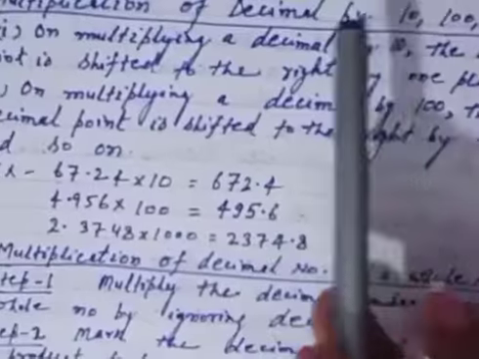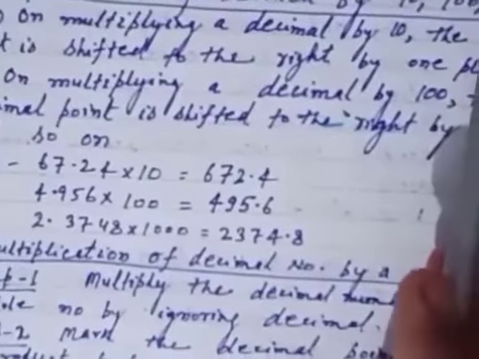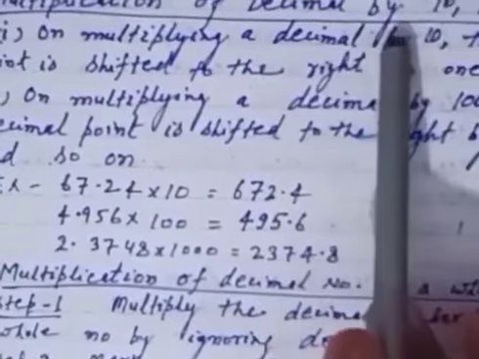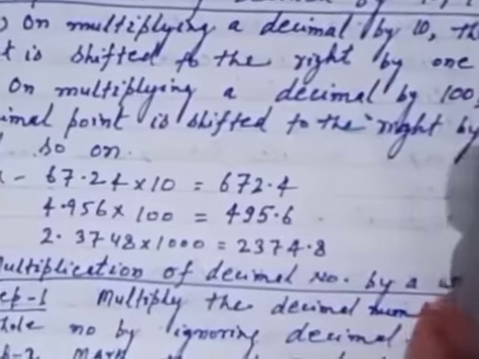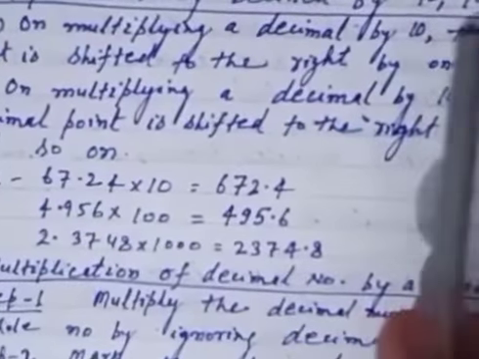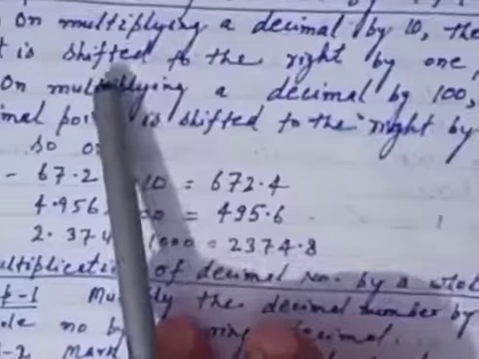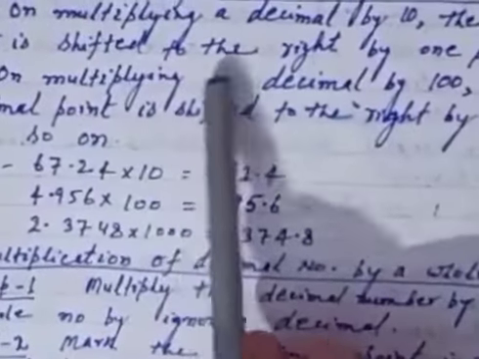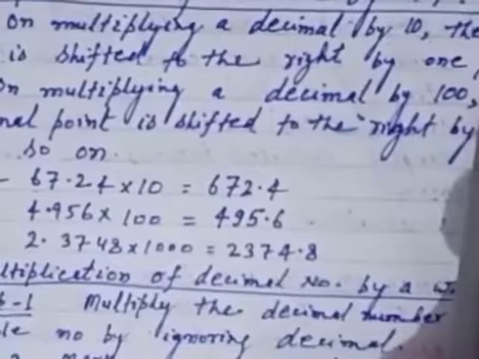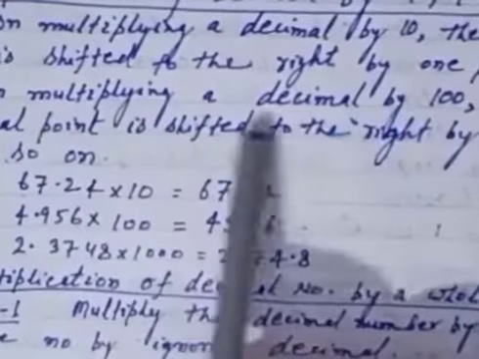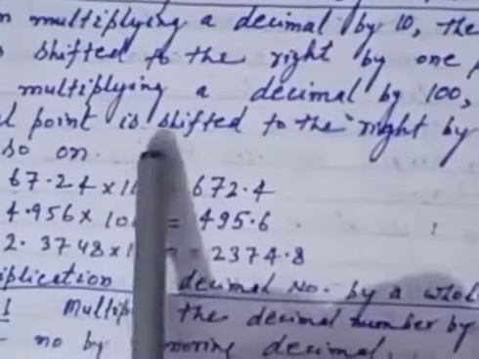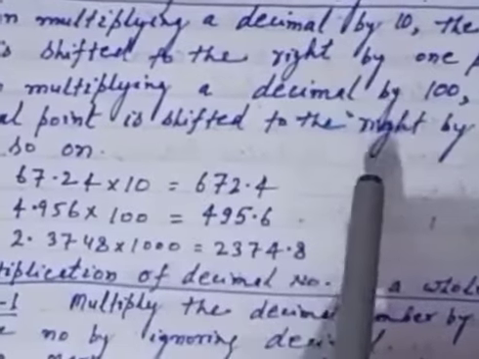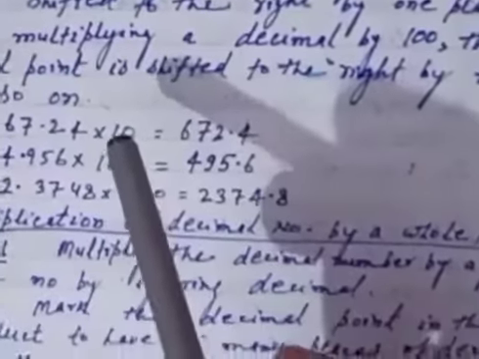Today I am going to explain the multiplication of decimals. Number 1. Multiplication of decimal number by 100, 10 and 1000 etc. On multiplying a decimal by 10, the decimal point is shifted to the right by one place. On multiplying a decimal by 100, the decimal point is shifted to the right by two places and so on. Just as for example